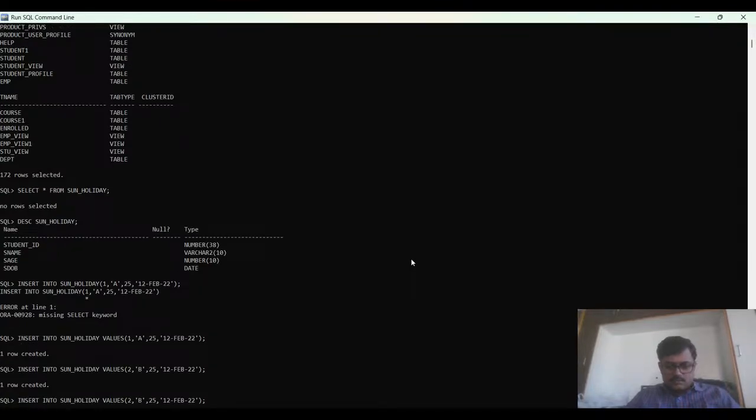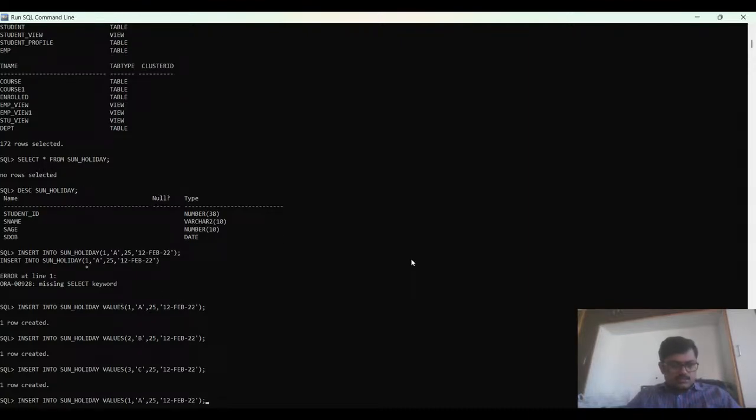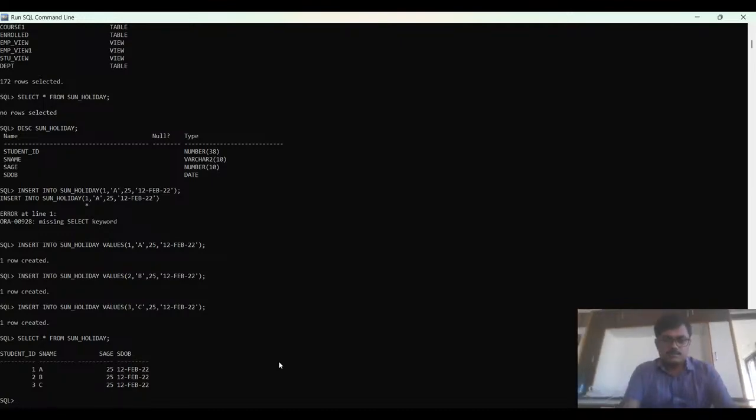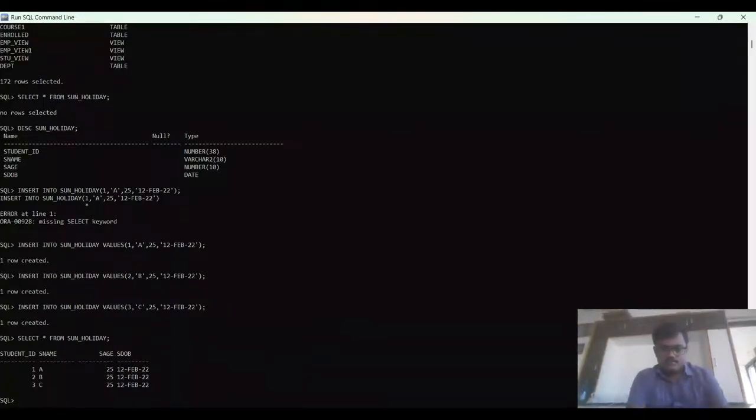I'm creating the third one, 3. So this is C. With this we have created 3 rows and now we'll display the table. This is the table. In this table we can see 3. One second, we can see